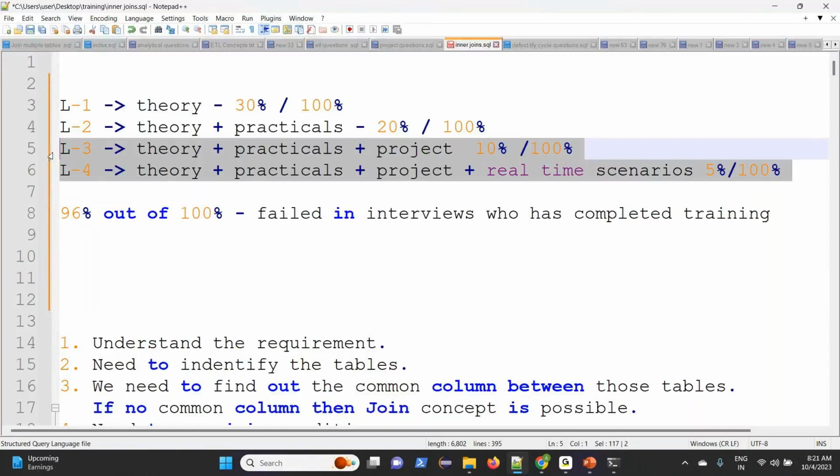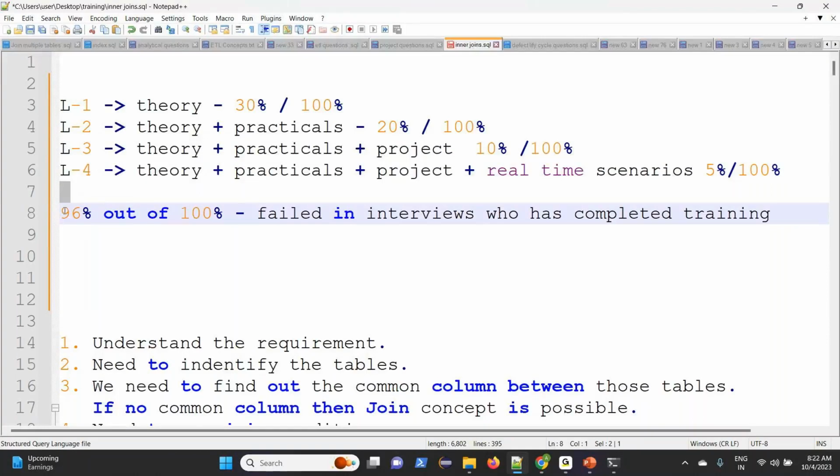This is the category where 96% of the people who completed the training collapse in interviews. Leave aside those who have not joined the training. We don't need to think about them. 96 out of 100 means only a 4% success rate for people who have taken the training.